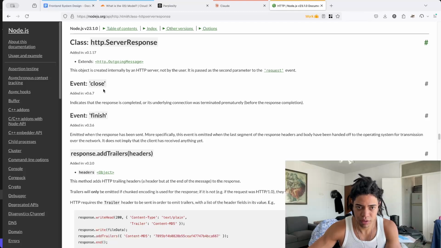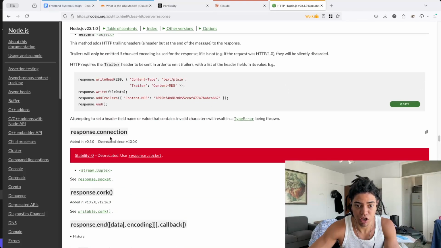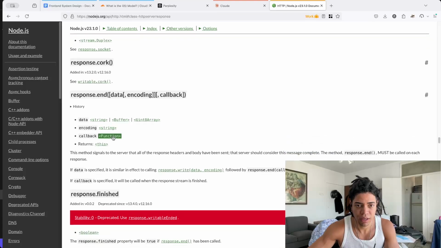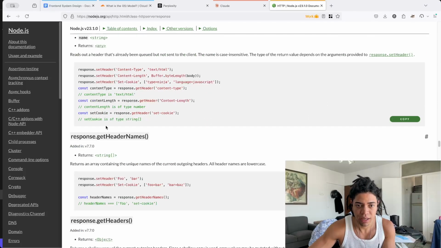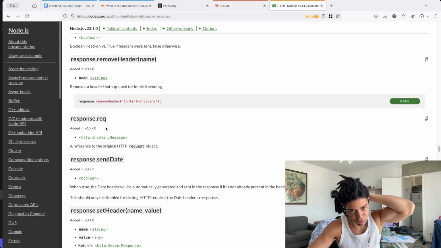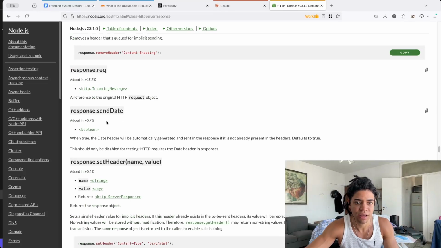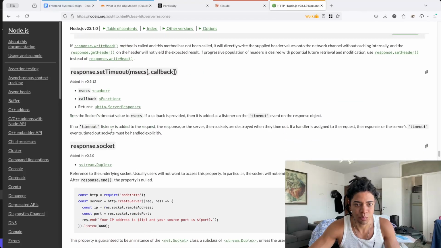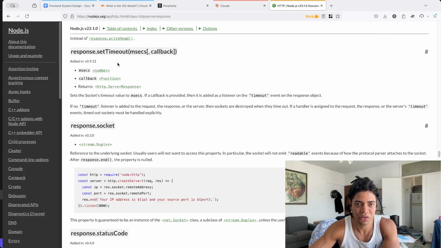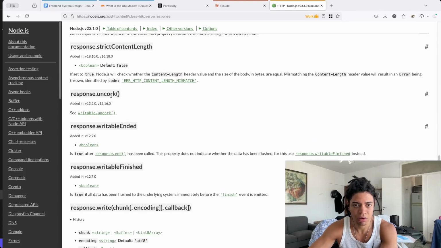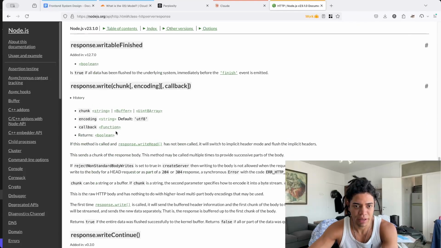You can access close, finish, add trailers, and the connection is also deprecated, now use stream duplex. See response.socket, .end, interesting. Response.finish, flush headers, get header names, get headers, has header, remove header, response.request object, so you can see what the request is and who made it, send date, set headers on this response, set timeout, so you can also use timers here, response.socket, status code, status message, writable ended, writable finished,